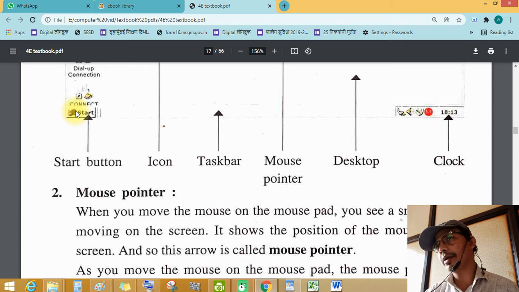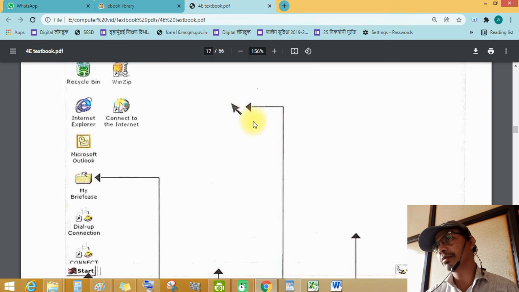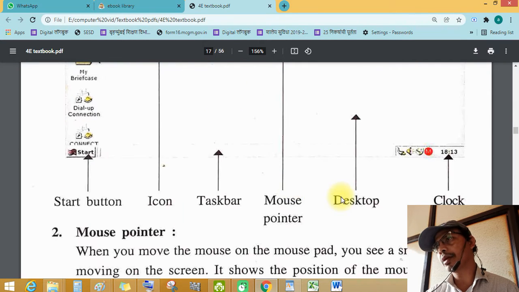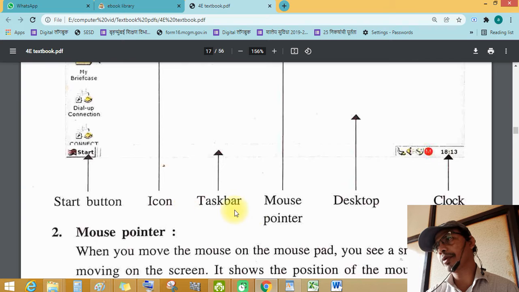See this start button. Icons. Taskbar. See, this is the taskbar. Mouse pointer. See, my mouse pointer is moving to different places. So this is the mouse pointer. This is the desktop. See this empty space, all the screen is desktop.